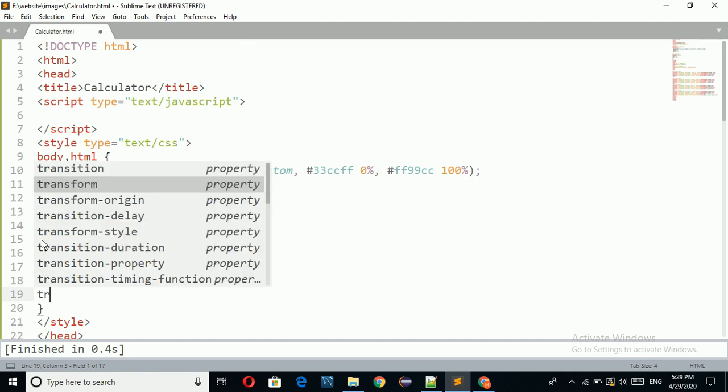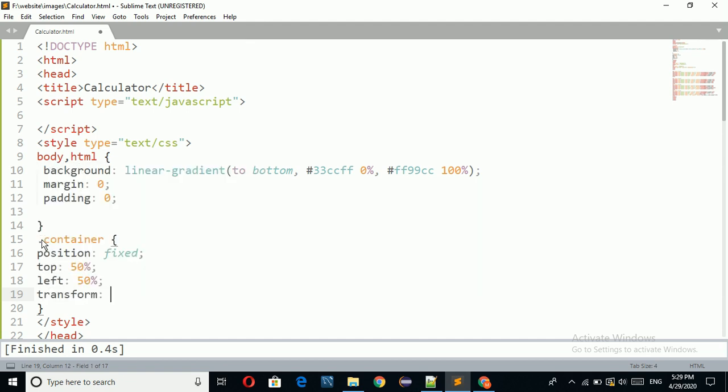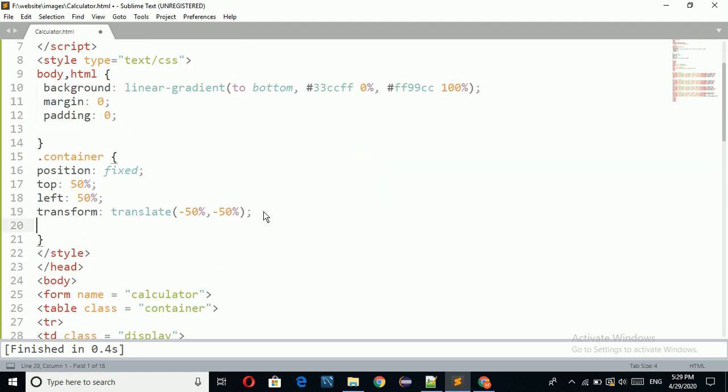Then I am going to apply transform equal to translate, taking 50%, 50%, minus 50 and minus 50 here.